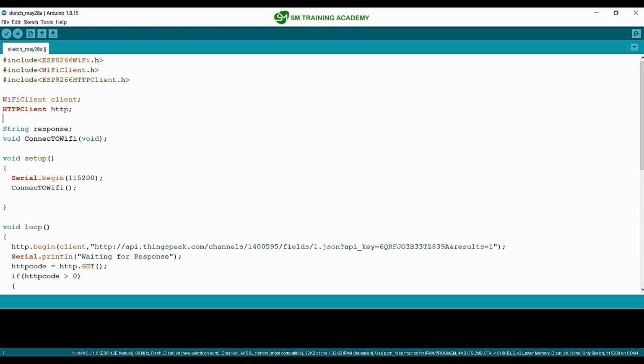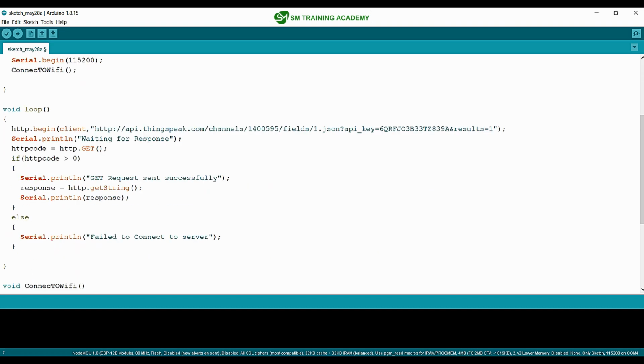So I am just declaring the HTTP code variable here also, and at the end as usual we will be ending the TCP/IP communication with the method called http.end. And after this I am just going to give a delay of 1000 milliseconds.